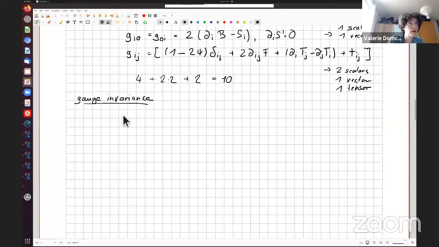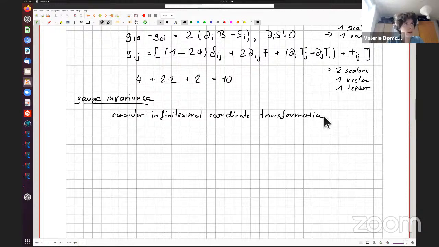So consider an infinitesimal coordinate transformation. And I have the feeling this will answer some of the questions in the chat. So we take some spatial vector x^μ, right? We shift this by some constant ε^μ. And the physics has to be invariant under the shift, the total physics, in the full theory.